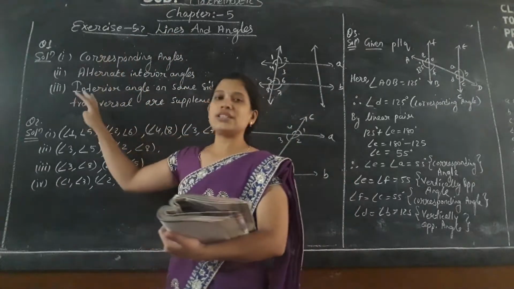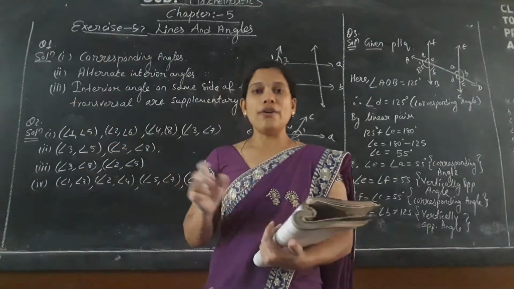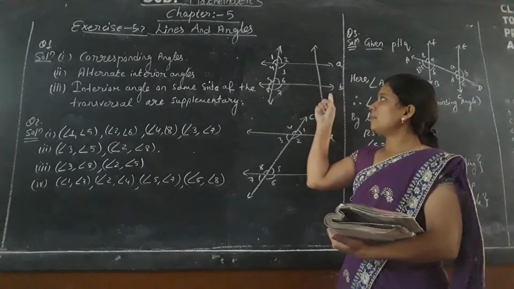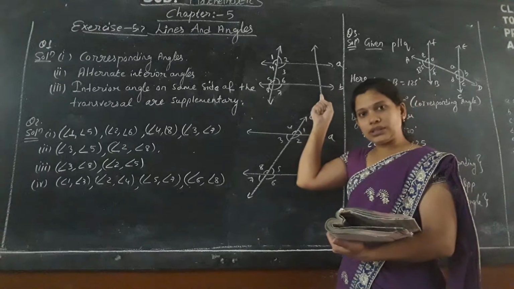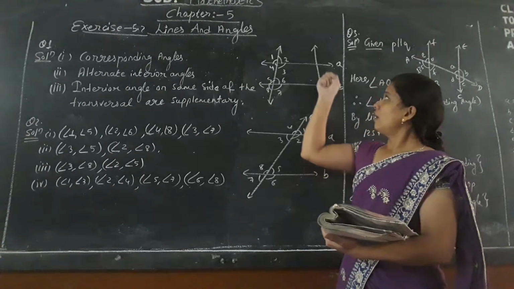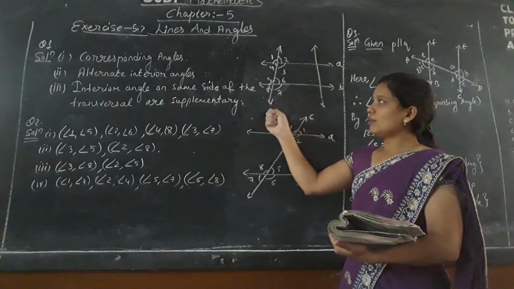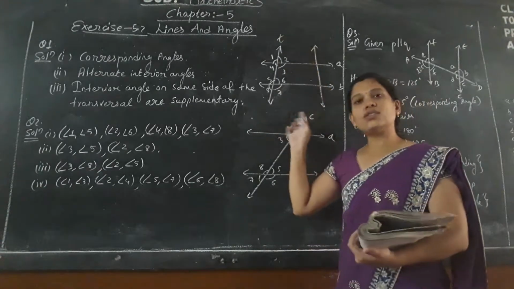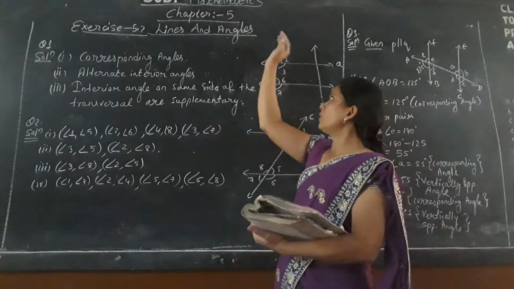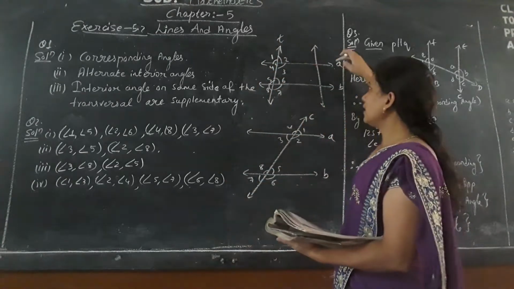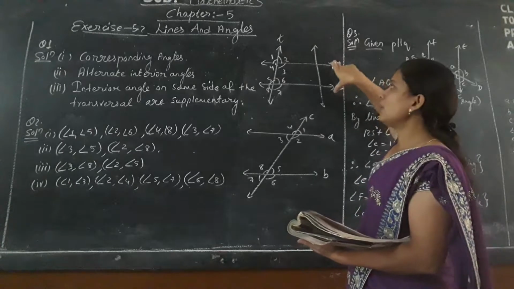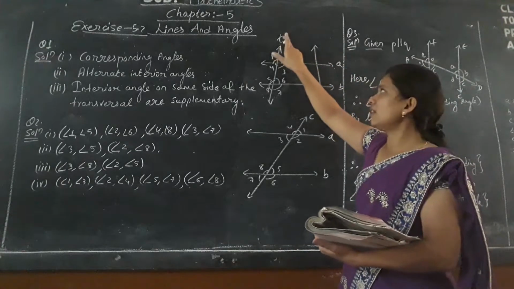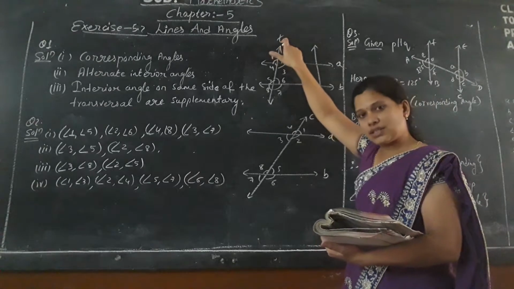Here, in the first question, a figure is given. In that figure, this is line A, this is line B, and the two lines are parallel to each other. Then a transversal is drawn. We will denote the transversal as T, as it is not denoted in the book, but I will denote it as T. The two lines named A and B are intersected by a transversal line, and the name of the transversal line is T.